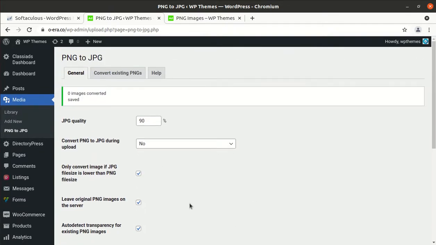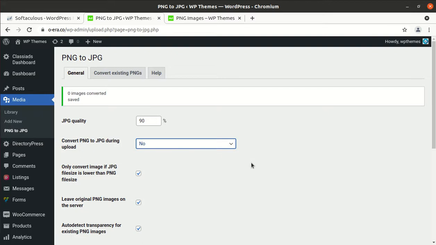Okay, so the image settings can be set here. What quality do we have to maintain after converting? By default it has been set to 90%, and it should be 90%. And there is an option, if you continue to use this plugin and in future also continue to upload PNG images, you can choose yes or yes but only images without transparency.